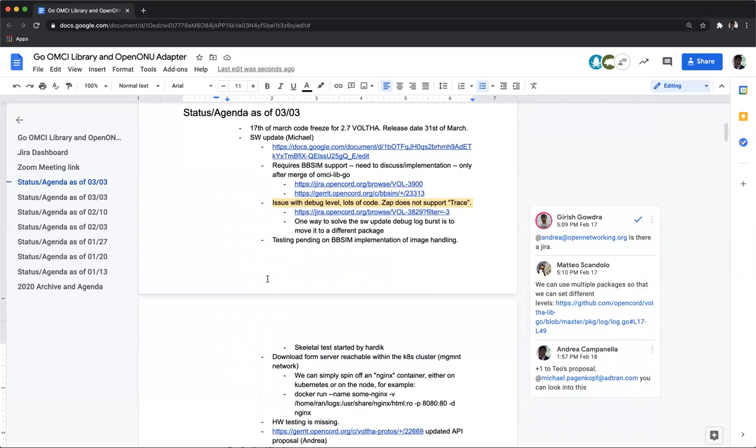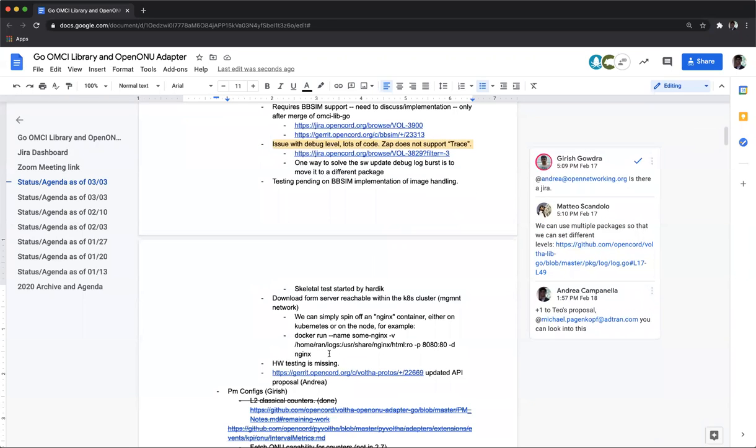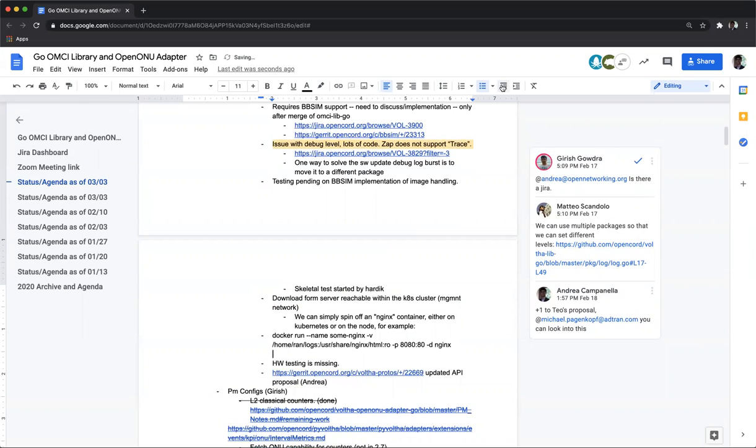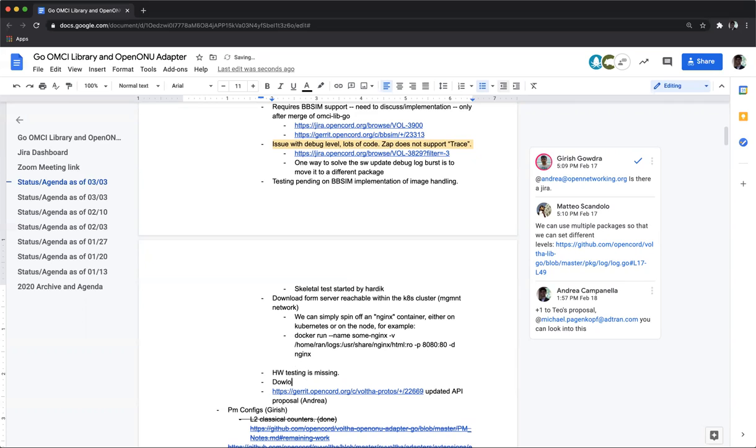Yeah, one of the things that we were discussing as still missing last week was that the complete download of the image was not yet implemented. So I tried to work a little bit on that, and basically I have a solution for that, more or less private still. I've tested that with some HTTP request to some ADTRAN internal server via the VPN network on my local VirtualBox.